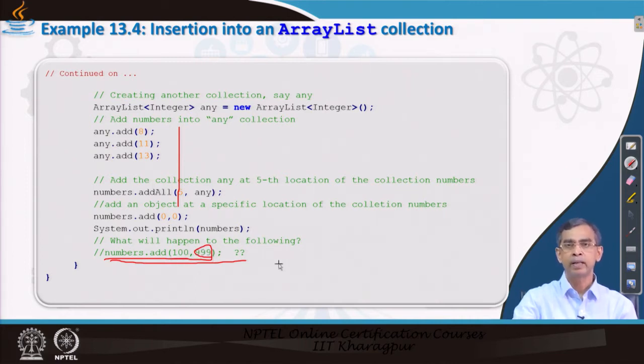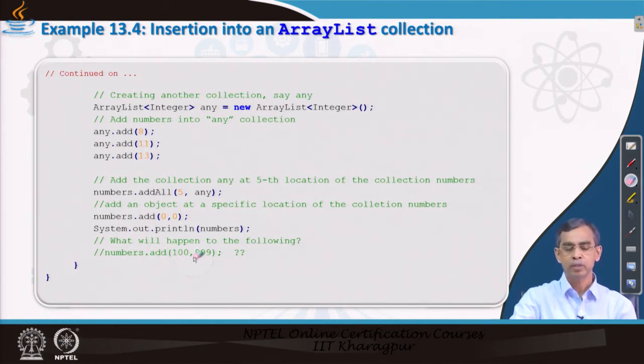It will not report any error. It automatically grows according to the need of the statement or program, and it allocates the memory for you. So this way the array can expand, but in this case many elements in between will not be there. Up to 14 elements are there, and from 15 to 99 it remains blank.